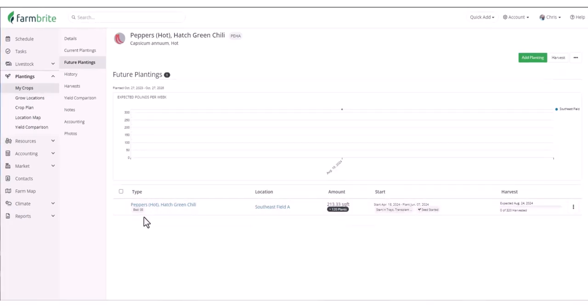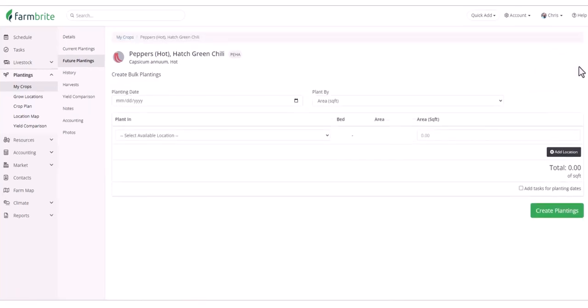So now that we have bed 5 planted, let's learn some of the other methods to plant using the other beds. We'll choose the Actions button in the upper right, and we see choices to calculate plantings or bulk plant. Let's check out bulk plant first. You can use this feature to plant multiple fields and beds with the same crop at the same time. You'll first choose a planting date,